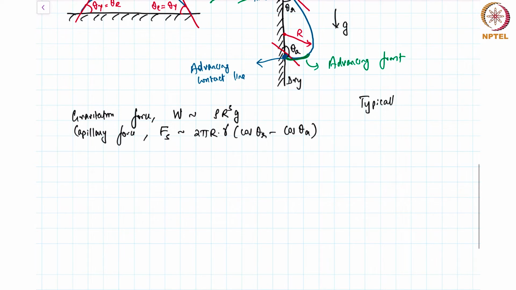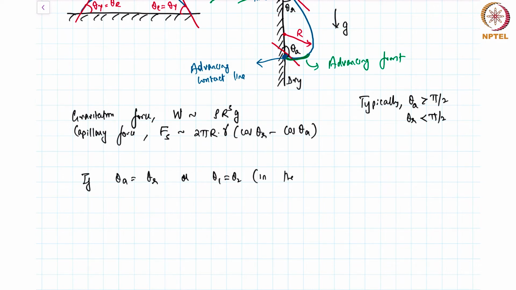Typically theta a is greater than 90 and theta r is less than 90. That's the most commonly observed situation, right? Again we have the same thing. If theta a is equal to theta r, or theta 1 is equal to theta 2 in the previous problem,